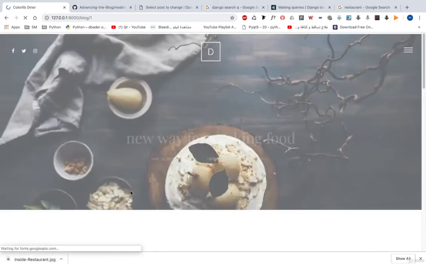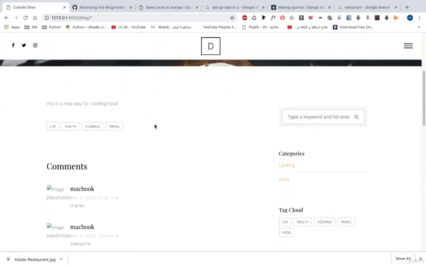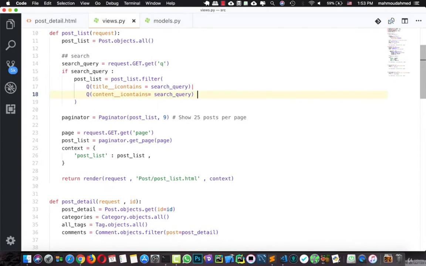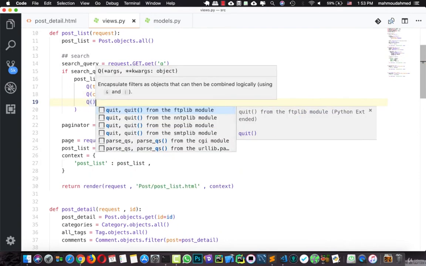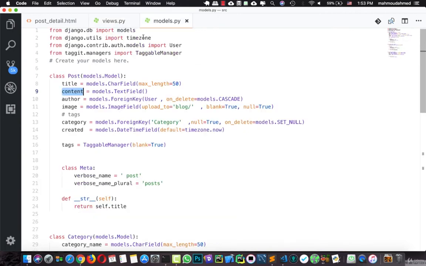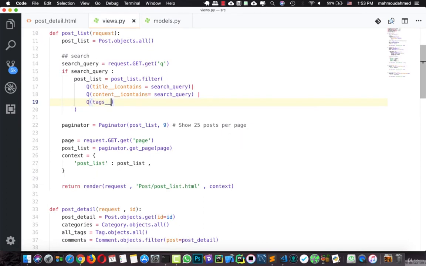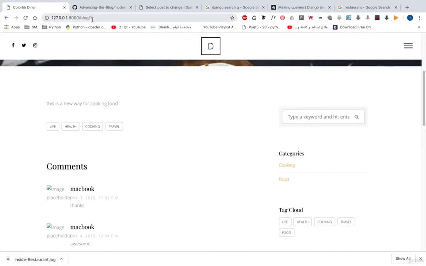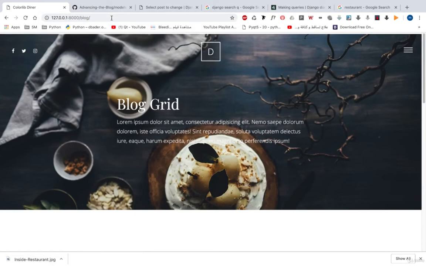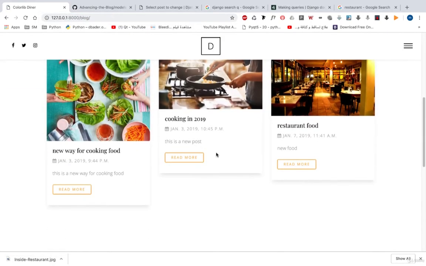For every post there is some tags in here, so we need to search over tags. So I'm gonna say Q, and let's take a look at our models. There is tags, so I'm gonna copy this, and I'm gonna say tags__. We need to specify the tag name. So first, then __, then icontains equal to, and the search query. Yeah, like this. Let's save this, and here let's refresh our blog,